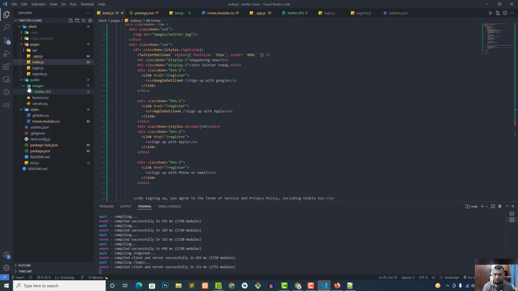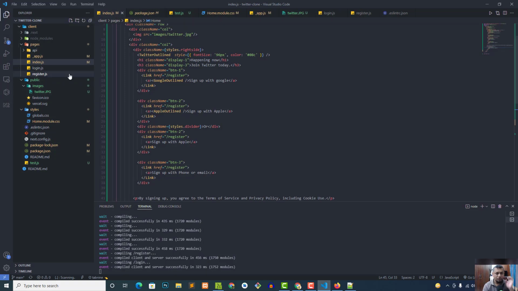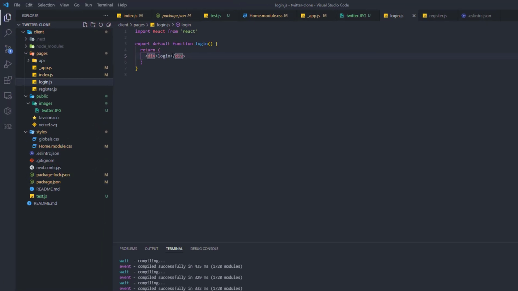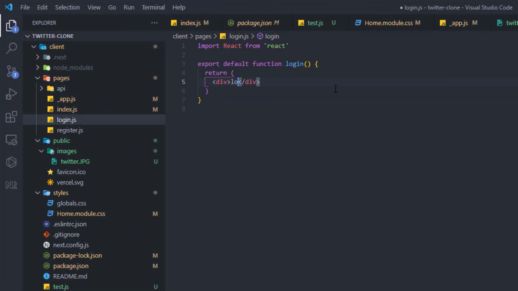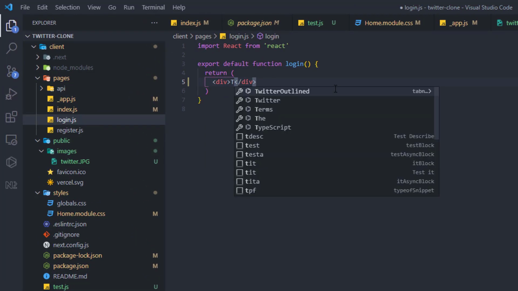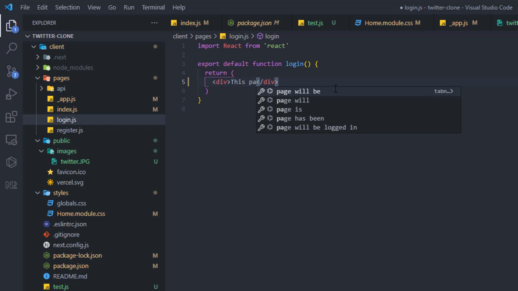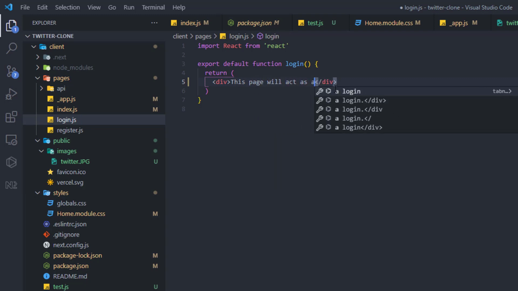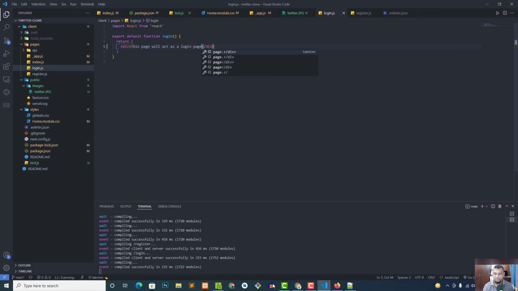You see, if you want to make sure these files are used as a login or register system, if you go to the login and write down here, this page will act as a login page, and you will see when you navigate,